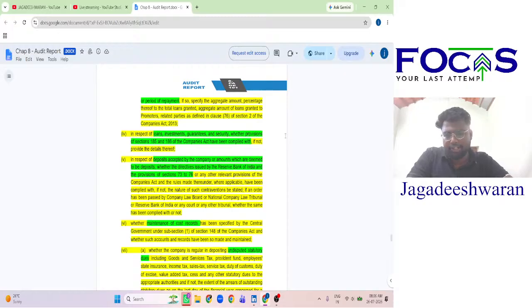ஓகே, நெக்ஸ்ட் 15 என்ன அப்படின்னா டெபாசிட்ஸ். ஸோ டெபாசிட்ஸோட ப்ரொவிஷன்ஸ் வந்து கரெக்டா ஃபாலோ பண்ணிருக்கோமா இல்லையா, 73 to 76. அப்புறம் எனி கான்ட்ரிபியூஷன்ஸ் இருந்துச்சு அப்படின்னா அதுக்கு ஏதாச்சும் ஆர்டர் பாஸ் பண்ணியிருக்காங்களா பை என்சிஎல்டி ஆர் ரிசர்வ் பேங்க் ஆஃப் இந்தியா, எனி அதர் கோர்ட் ஆர் எனி அதர் ட்ரிபியூனல். ஸோ வெதர் த சேம் ஹேஸ் பீன் கம்ப்ளைண்ட் வித் ஆர் நாட், அந்த ஆர்டர் கரெக்டாக கம்ப்ளைண்ட் பண்ணியிருக்குமா இல்லையாங்கிறதையும் we have